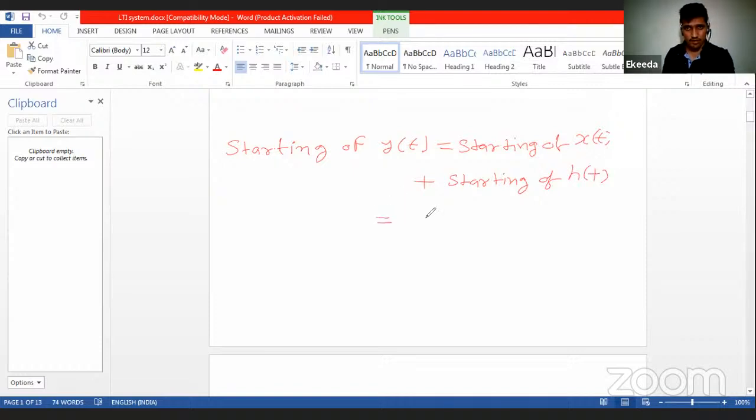So y(t) will start at, starting of x(t) is 1, plus 0, which is equal to 1, and ending similarly,